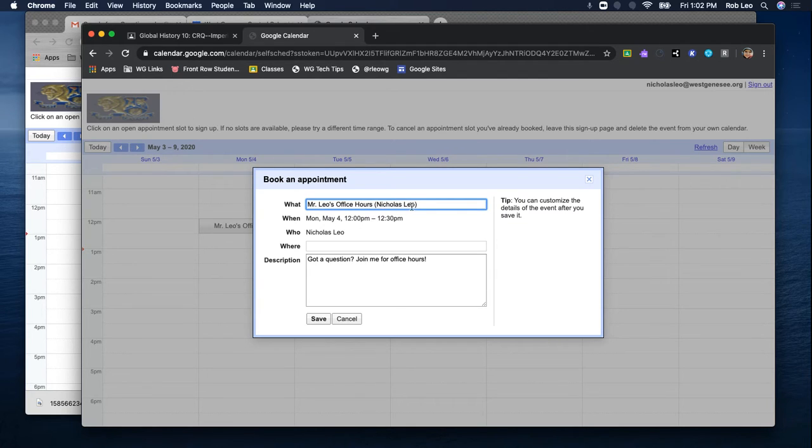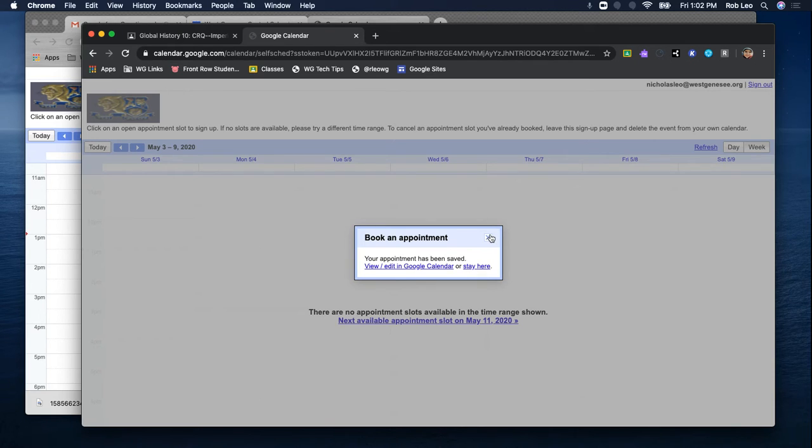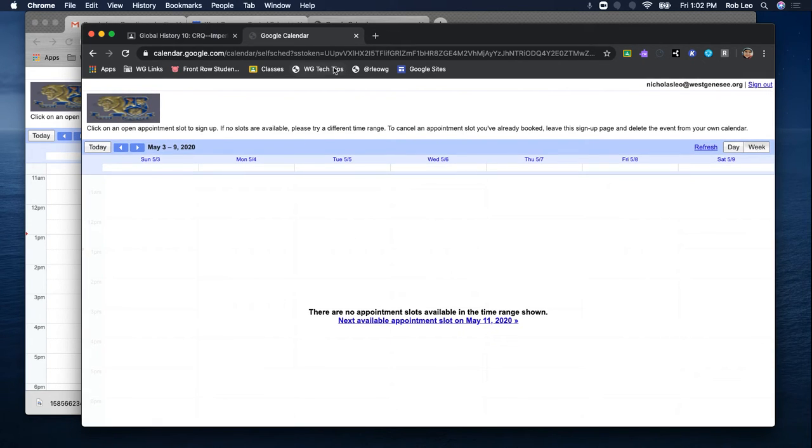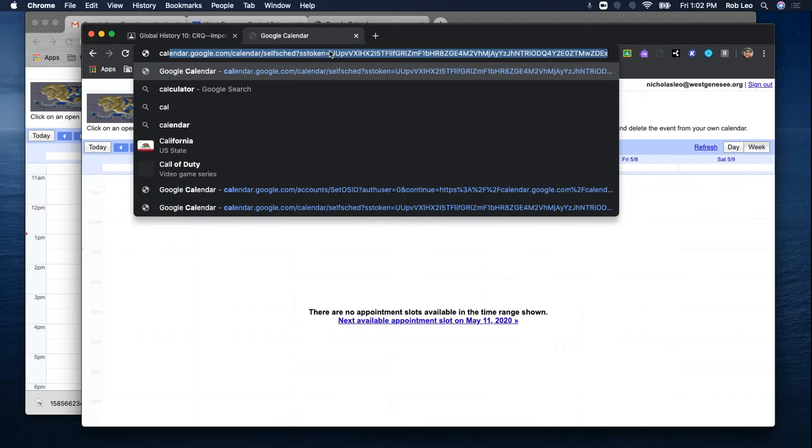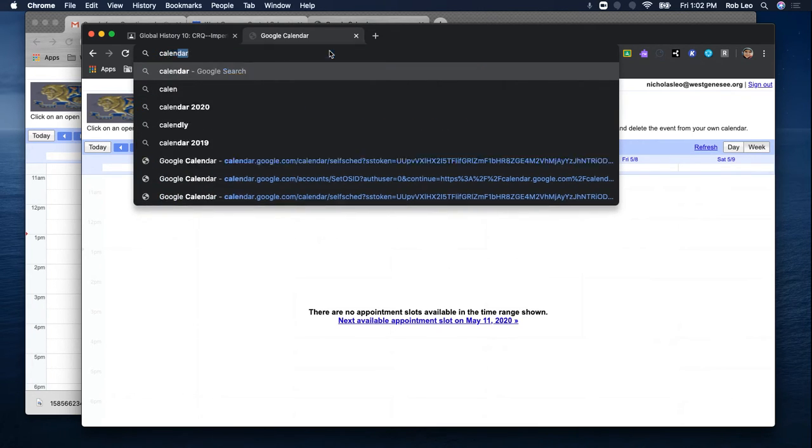It puts the student's name in parentheses. Remember, I had a description. There's no location. I just need to save it. So the appointment has now been booked. And if we look at the actual Google Calendar, remember, this is just the appointment view. If I was to go to calendar for this event,